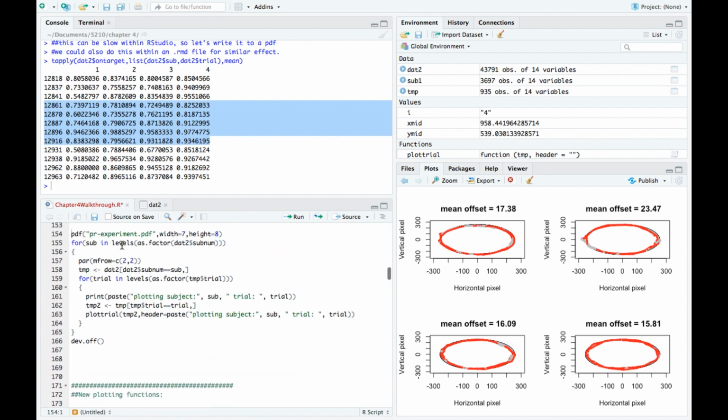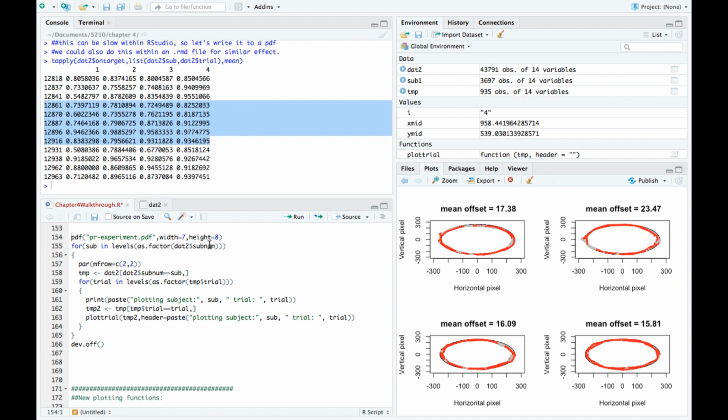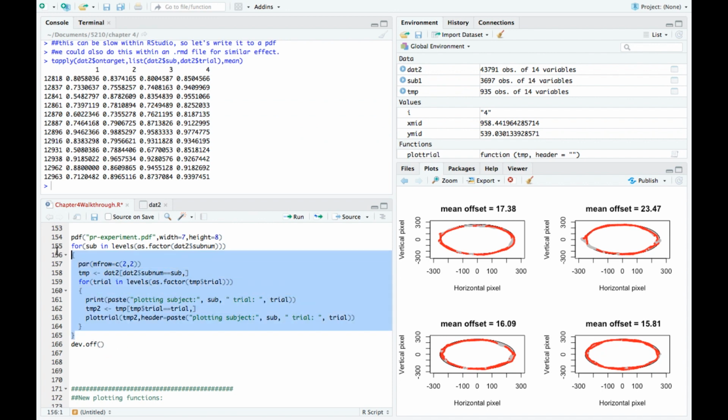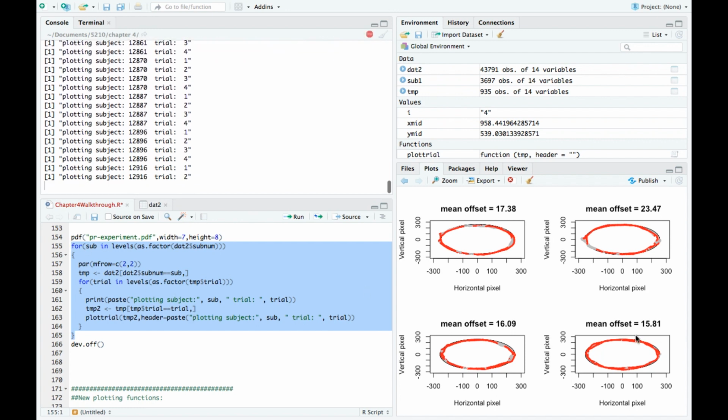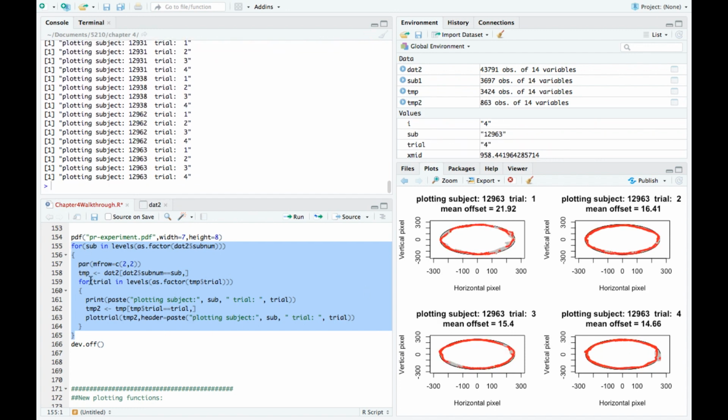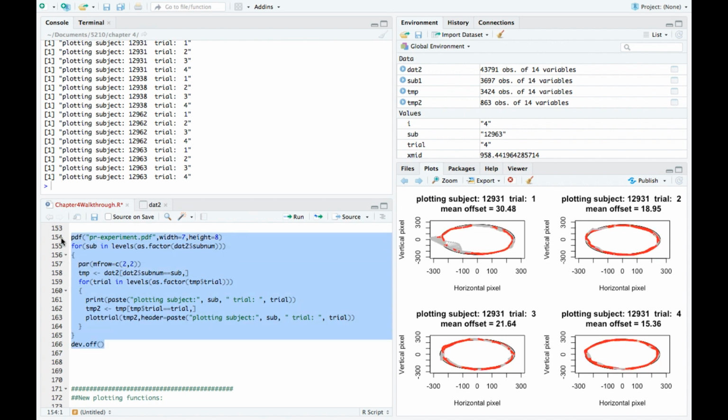So if you use the PDF command here and give it a width and a height, and then make a bunch of pages, it will create a multi-page PDF document. If I do this without the PDF, it's going to plot them all over here. You see I have a little message here so I know where I'm at, and it plotted them all over here, although you can't see them, and I could scroll through each one here. But if I do this within the PDF command,